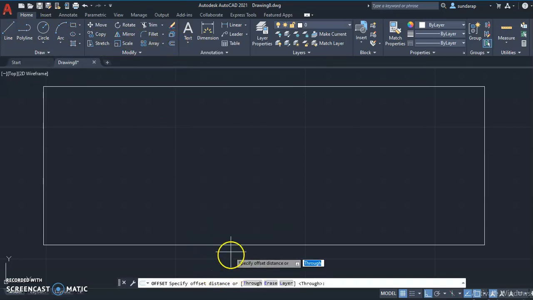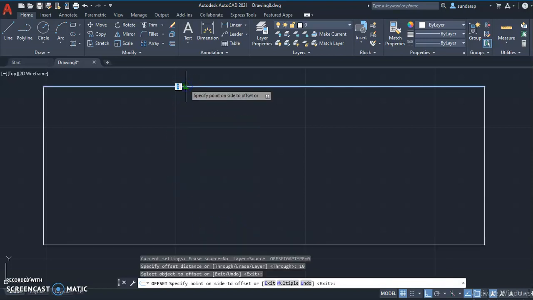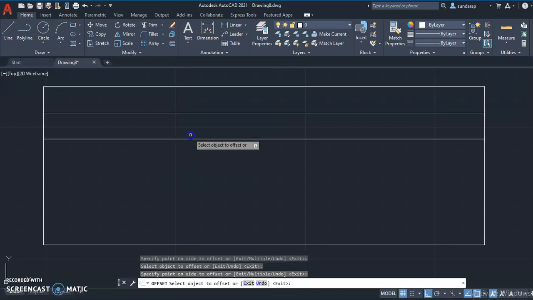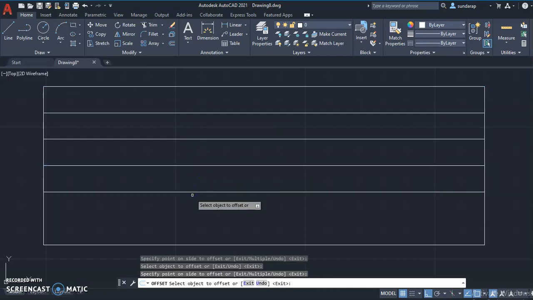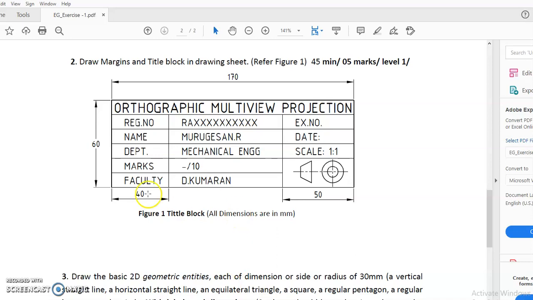It asks for the offset distance, each row is having 10 mm space. So 10 mm. Which line do we want, this line or this line? I am going to select the top line. Then press enter, select again, enter, again select, like this you can do for multiple lines to create multiple lines. Then press escape to come out of the option.